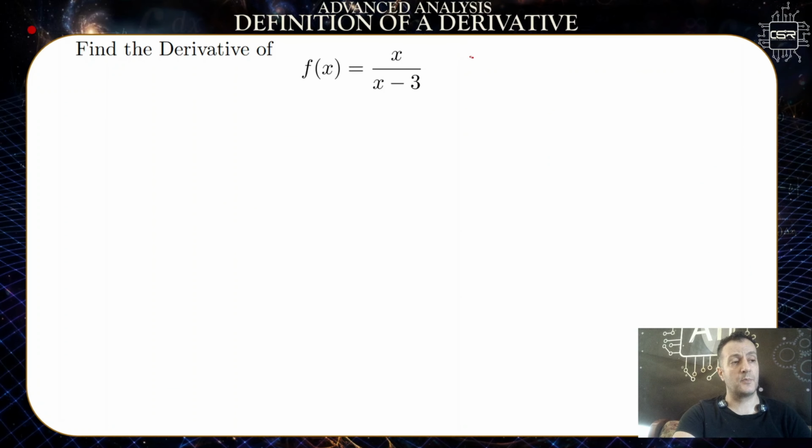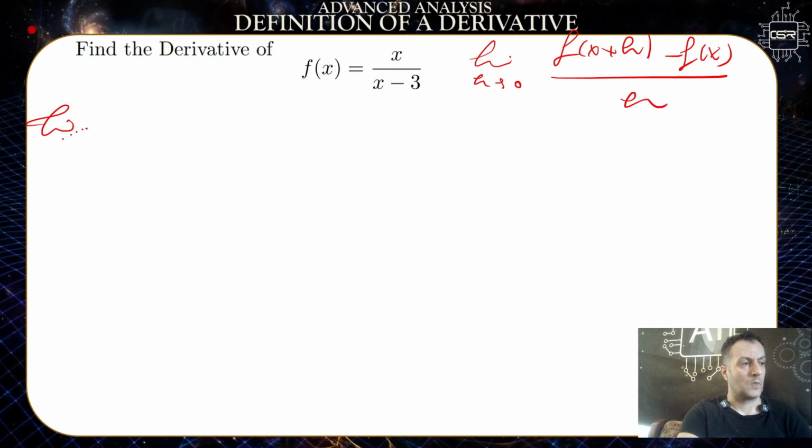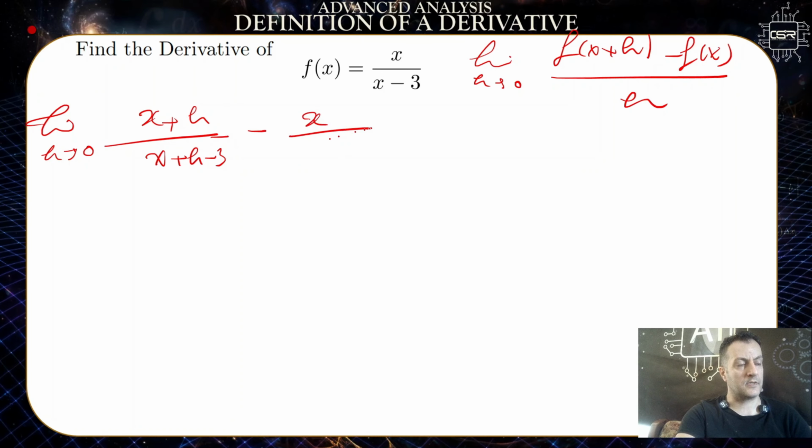f of x equals x divided by x minus 3. The limit as h approaches 0 of f of x plus h minus f of x, divided by h. Okay, so it is the limit as h approaches 0. f of x plus h is equal to, you replace x with x plus h, divided by x plus h minus 3, minus x divided by x minus 3, this is f of x, over h, equals, let's establish a common